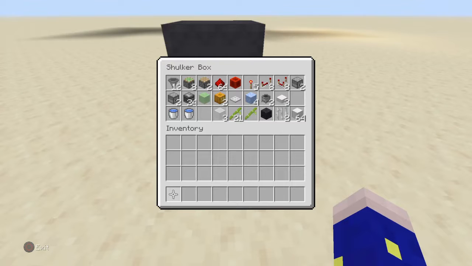We need 12 hoppers, 8 sticky pistons, 2 regular pistons. I recommend bringing just a stack of redstone because you're going to drop some, so just have it on hand. 1 redstone block, 5 redstone torches, 8 repeaters, 8 comparators, 2 droppers, 2 dispensers, 24 observers, 1 slime